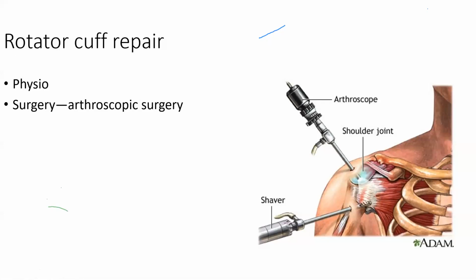Once the tear is too much, so that it cannot be taken care of by conservative treatment, then you have to go for surgery. The surgery is known as arthroscopy. Arthro means joint, scopy means scope. These are tiny scopes, 2 mm to 8 mm, less than 1 centimeter holes. They make a 1 centimeter hole in your skin, and there are many ports, or entry points.